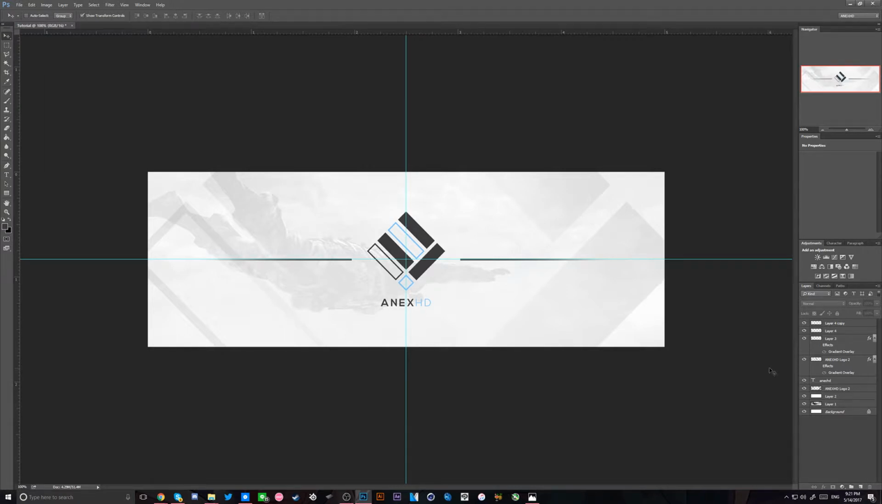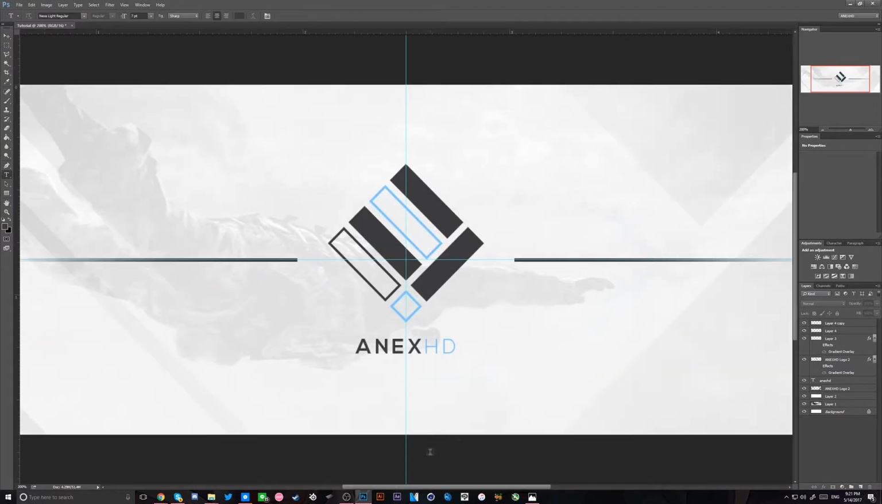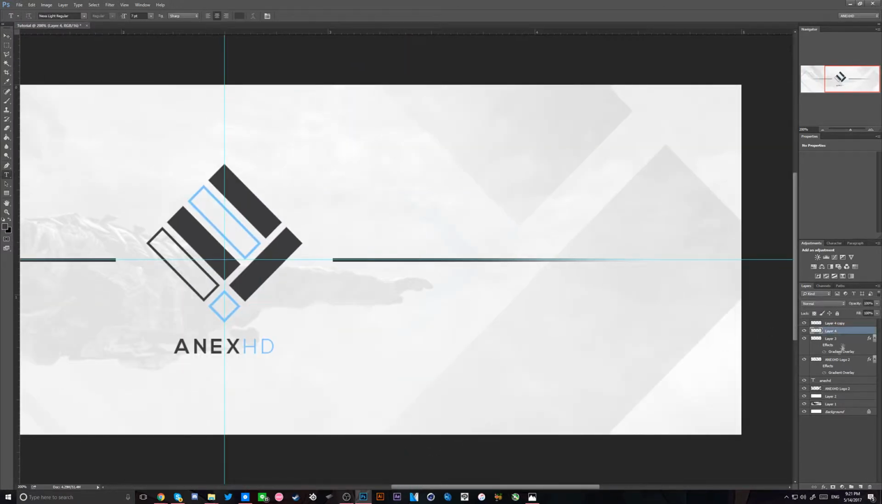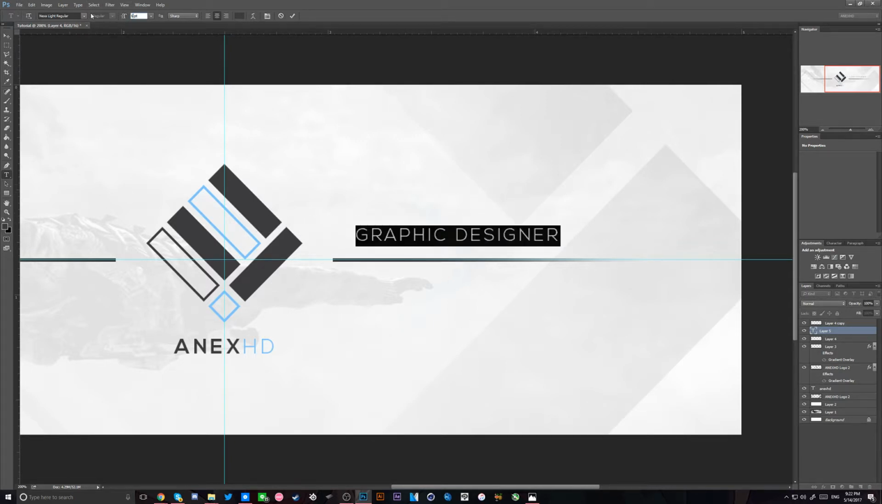There you go. Now I'm gonna add text onto the top layer. For this one, to the right, I'm gonna add my job, graphic designer. You can always change the font, but I like this font a lot, so I'm gonna keep it that way. And you want to make sure that your font is not larger